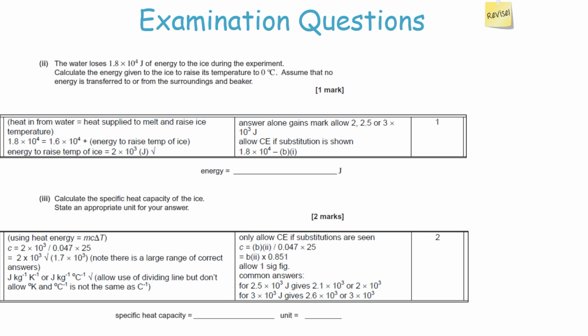change in the temperature. So you get your answer to be 2 times 10 to the 3 over this value of 0.047 times 25, so you get your answer to be 1.7 times 10 to the 3, and again learn your units of specific heat capacity. It's joules per kilogram Kelvin or joules per kilogram degree Celsius, because it's energy per mass times change in